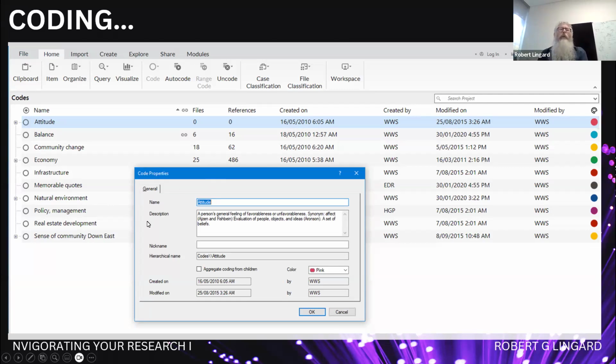Now, when codes are being created, you assign a name, as we see here in this blue box, code properties. There is a name that is assigned. And then I recommend that you give it a description. Now, this will also depend on your approach to coding, and we'll talk about this a lot more in the third workshop when we look at thematic analysis. But if you work out your coding structure, what should each code contain or not contain, then you fill in